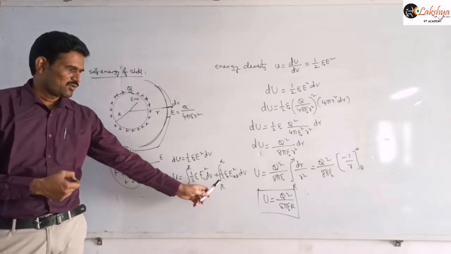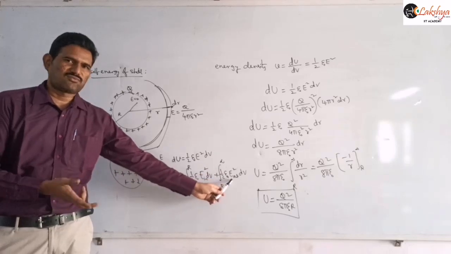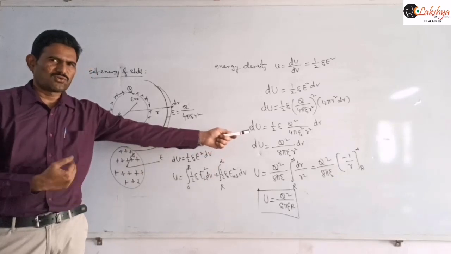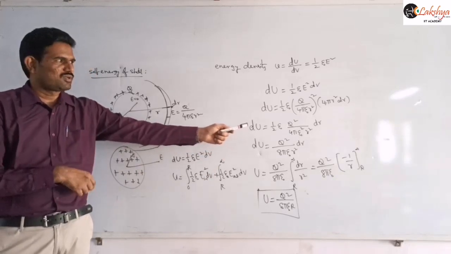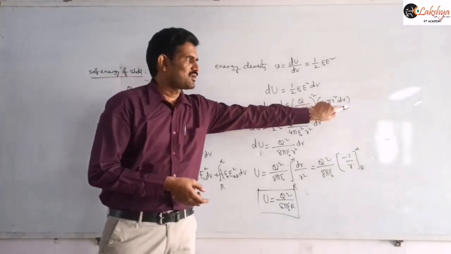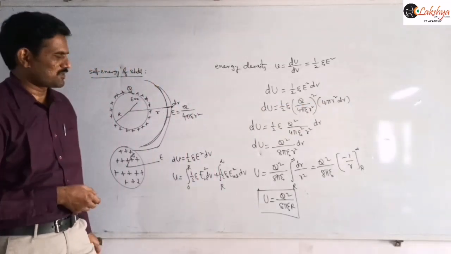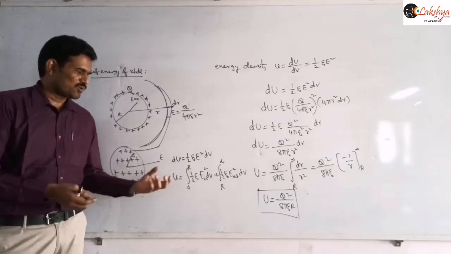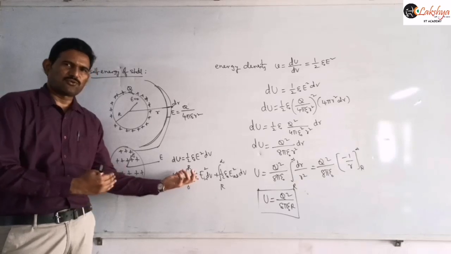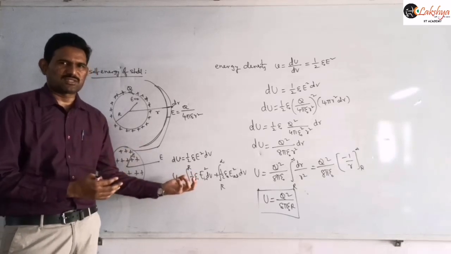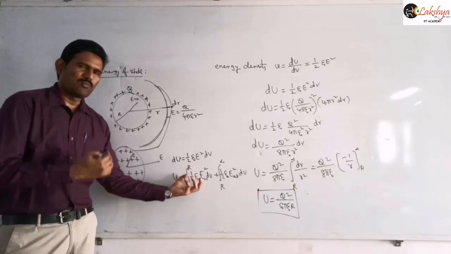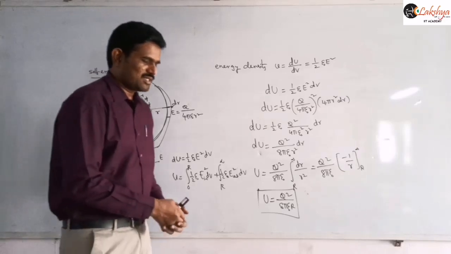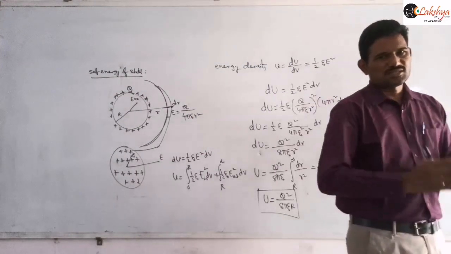So just substitute this formula and integrate that. The dv term will be the same whether you are taking inside or outside, since we take the spherical element only. So the dv term will be 4 pi r square into dr, the volume of the small spherical element. If you are simplifying this, you will definitely get the same answer. And in this you will also get how much energy will be there inside the sphere and how much energy outside the sphere. So do that integration, find how much energy is there inside and how much outside, and check whether this final answer coincides with our previous derivation or not.